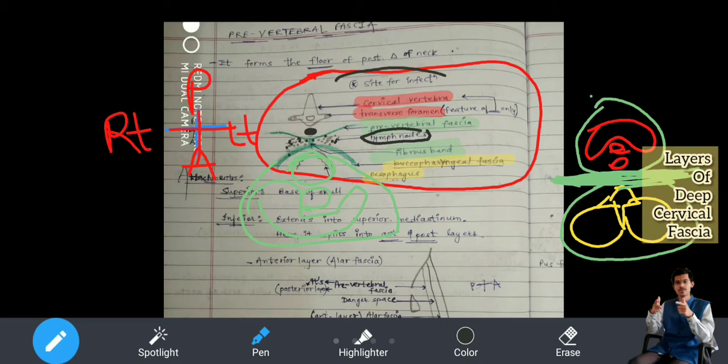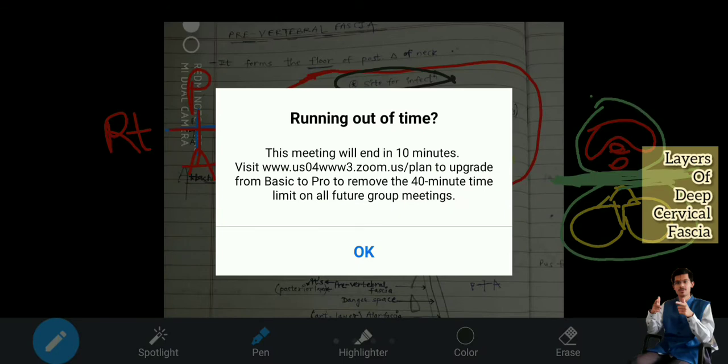See, I have already written here, common site of infection. Because there is space. Wherever there is space, there will be a chance or a place or a site where infection can easily harbor, where malignancies can very easily harbor, and you will see it in the form of swellings. Now behind you have the vertebral column. Then how do you see the protrusion? You will not see. Commonly you will see swellings in the front of the neck region. Okay, on the front of the neck region.